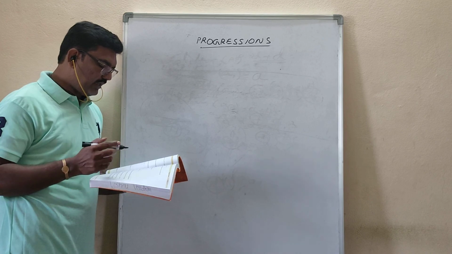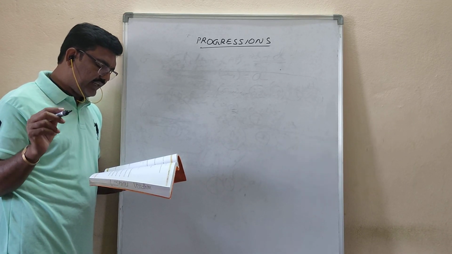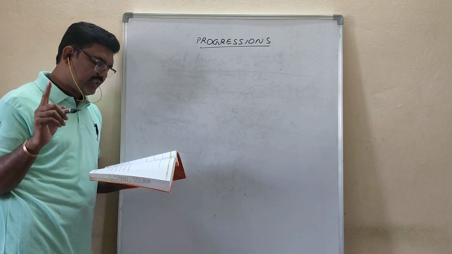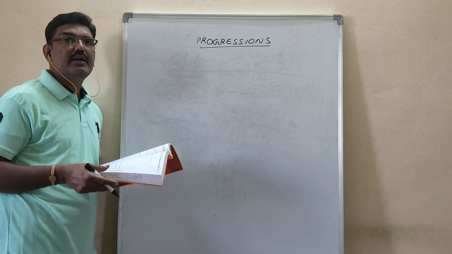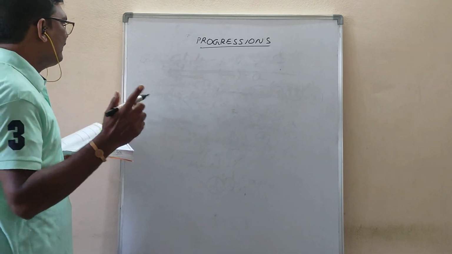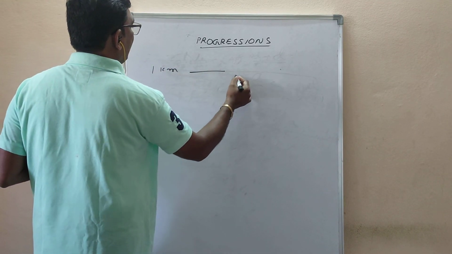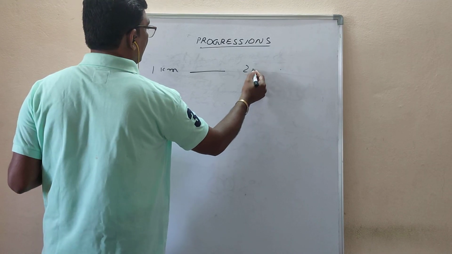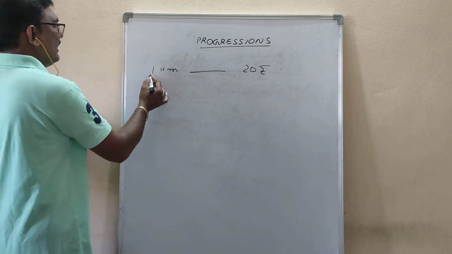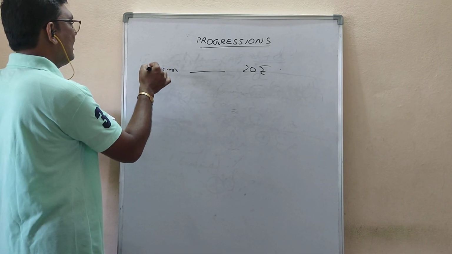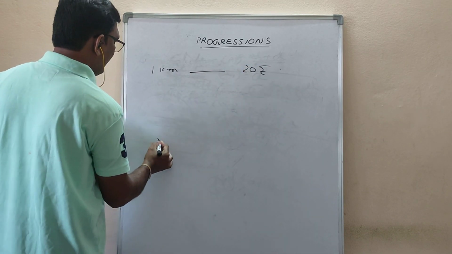Okay. So here, the first one is: the minimum taxi fare is 20 rupees for the first kilometer and thereafter 8 rupees for each additional kilometer. So here, one person travelled 1 kilometer by taking a taxi, and for the first kilometer he has to pay 20 rupees. For 1 kilometer he has to pay how many rupees?